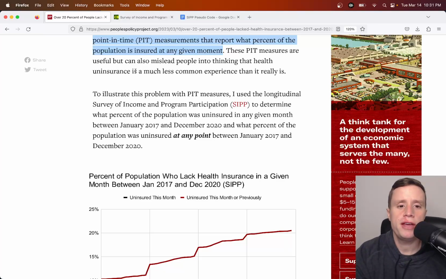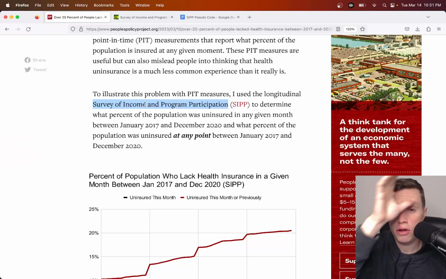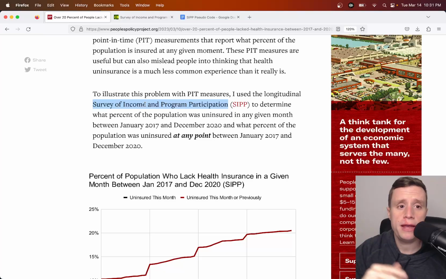And the Survey of Income and Program Participation is the census's sort of official longitudinal survey, if you will. I mean, they have a number of them, but I almost think of it as kind of like the current population survey or the American Community Survey, in that it has a similar universe of questions, but they track people for long periods of time. And I've been trying to use this for a long time,